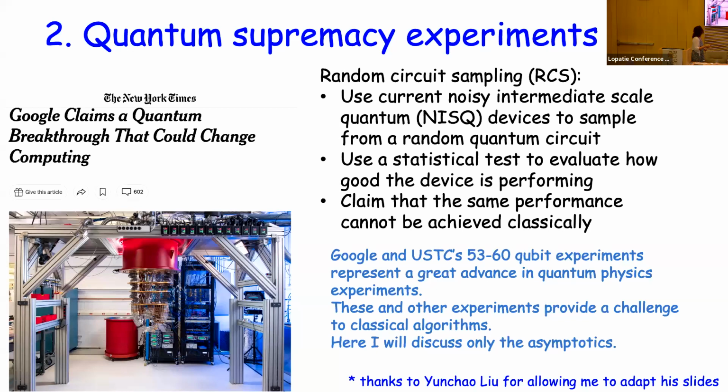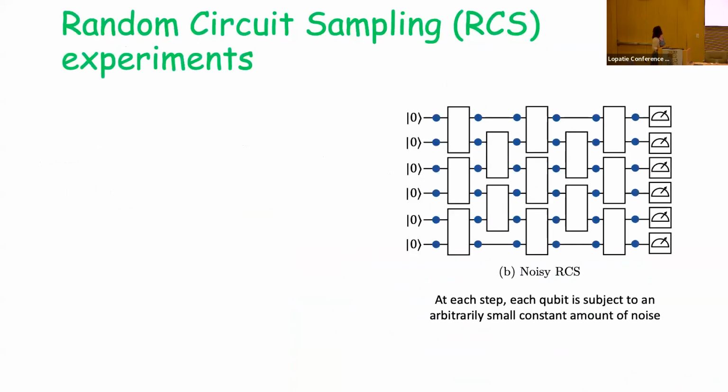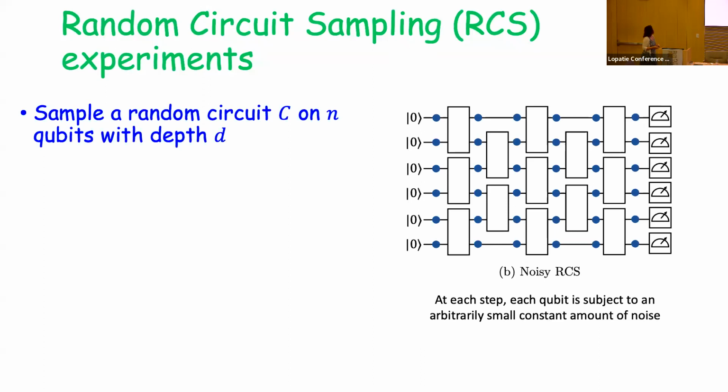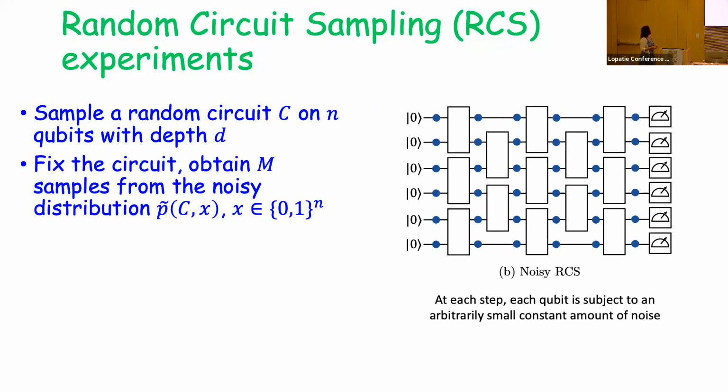Okay, so this is the problem, random circuit sampling. You have a random circuit, and I'll use the error model in which there's probabilistic noise on each qubit, with some probability that the qubit becomes completely mixed between every layer in the circuit. And the circuit is chosen randomly. For now, let's just think of each unitary gate as chosen from the Haar measure, a random unitary gate. And then sample a random circuit with some depth d.